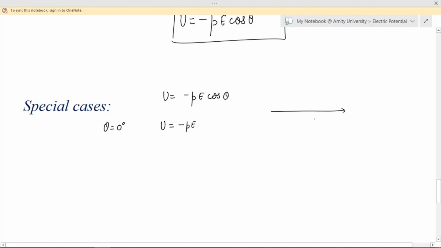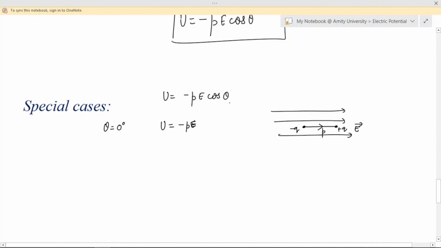And how do we express it? Again in the same manner. Let's say this is a uniform electric field. And this is how we consider theta to be 0. Both are in the same direction, right? So this is a state of stable equilibrium, and according to the stable equilibrium condition, potential energy should be minimum. So let us expect that this is the minimum potential energy.